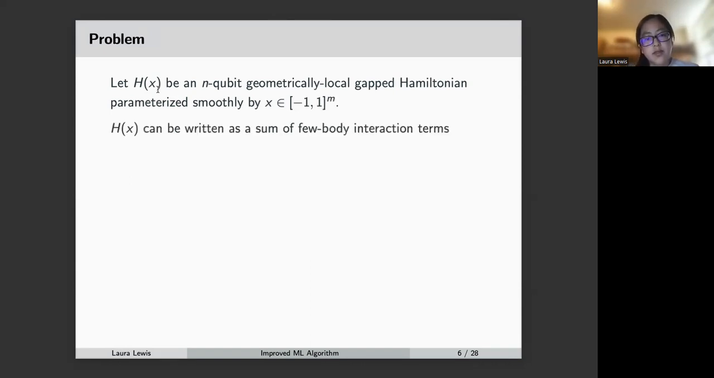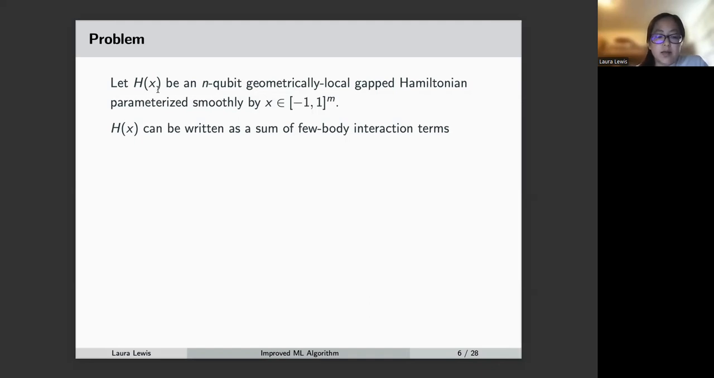And moreover, we have that h of x can be written as a sum of few body interaction terms. Up until now, these are the same assumptions as in the previous work, but the previous work actually did show that there's a sample complexity lower bound using only these assumptions. And so in order to get our improved scaling of the sample complexity, in order to overcome this lower bound,